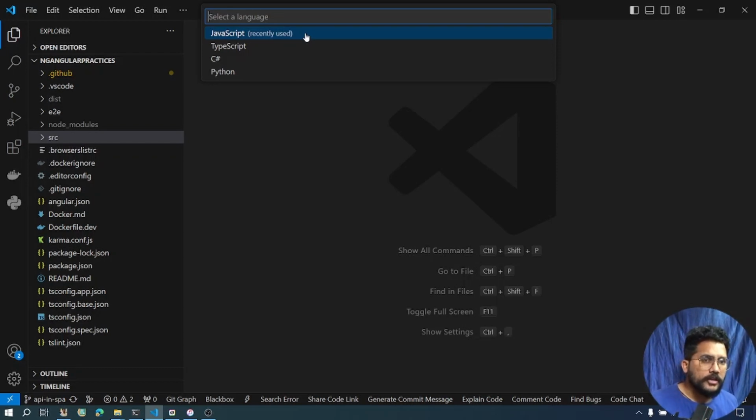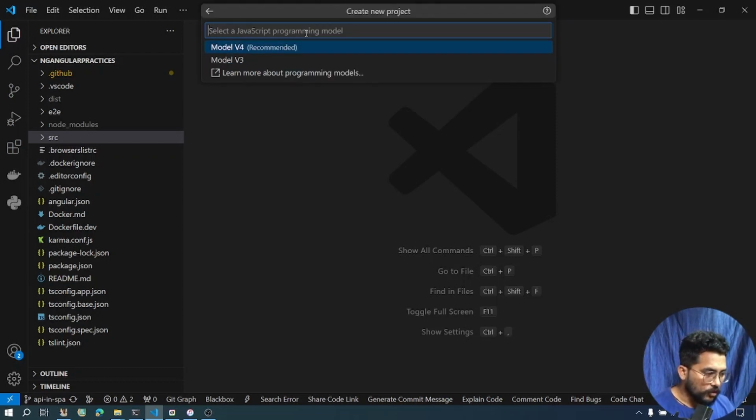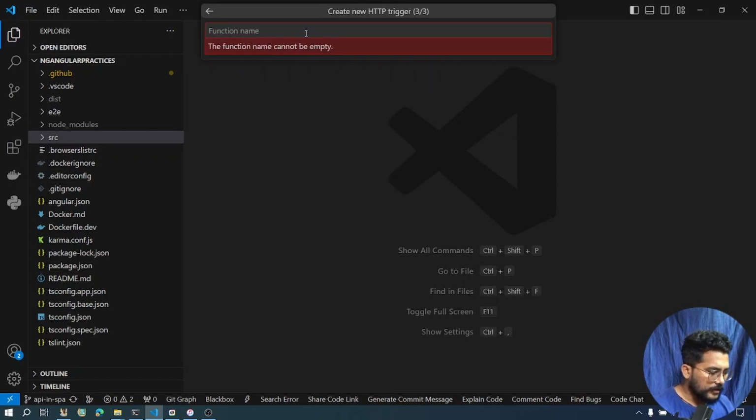If you are familiar with them, you can go for them, because you have to do the build options and specify the pre-configuration, and all configuration has to be done after deployment. There was a deployment issue, and if you stay till the end, I will show you the issue I faced. On JavaScript, don't select the modern v4 model, which has some concerns. I will share that also once the deployment is done. So on the v3 model option, I am going to name the function